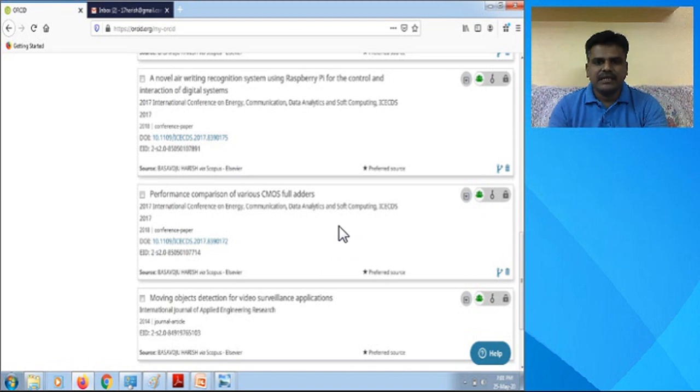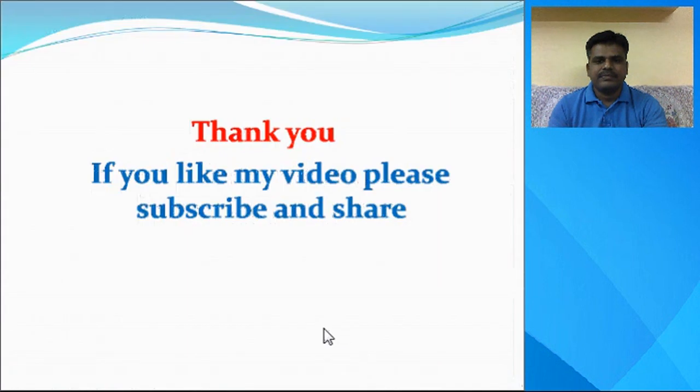So it is mandatory for an active researcher to have an ORCID ID if he wants to publish his paper in reputed publishers or journals. Creating the ORCID ID is free of charge. So if you are an active researcher, go to the ORCID website and create your own ORCID ID immediately.